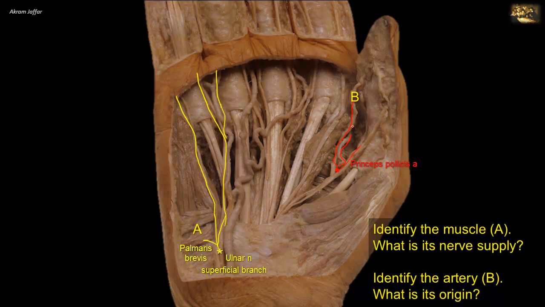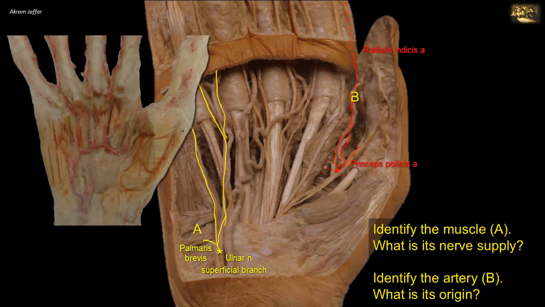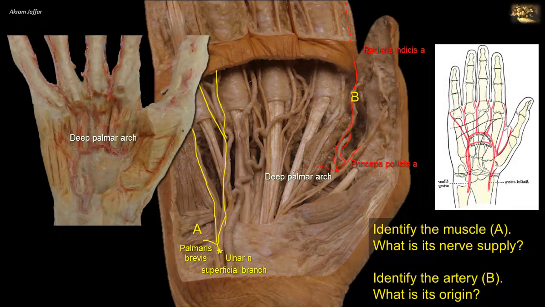You can see it here. The branch will continue to supply the radial side of the index. That's why it's called the radialis indicis. And then the radial artery will continue to form the deep palmar arch after joining the deep branch of the